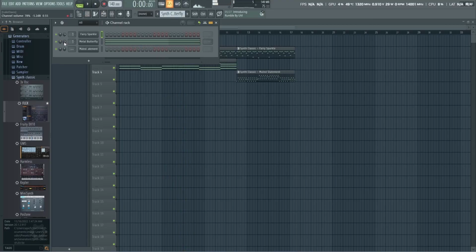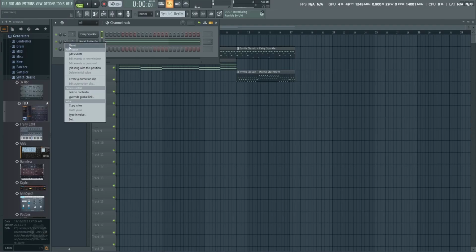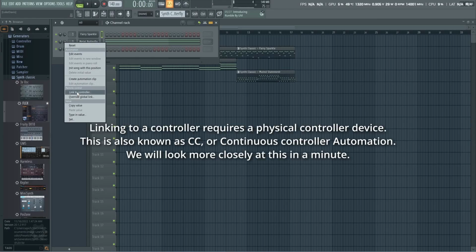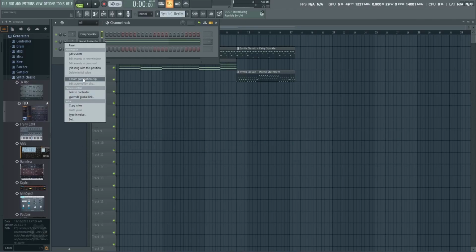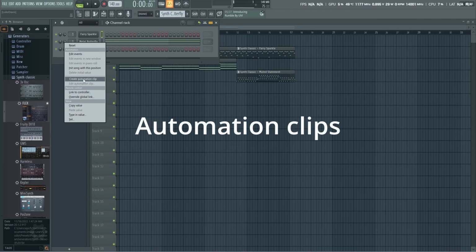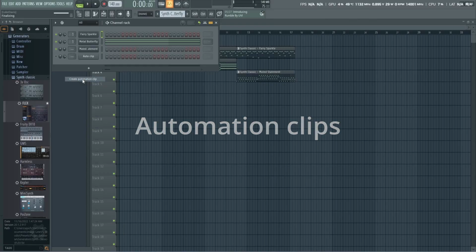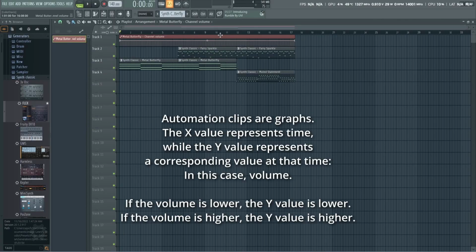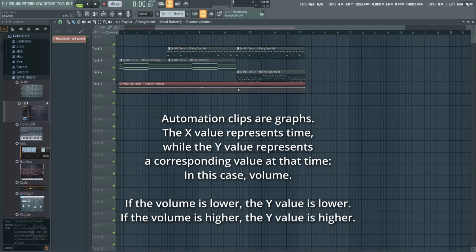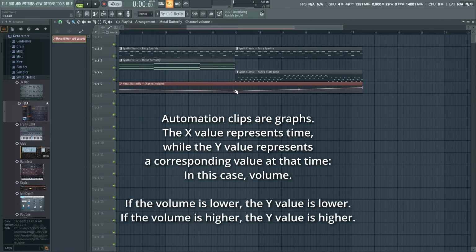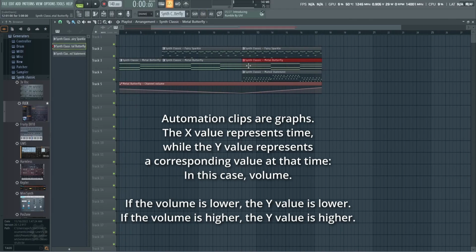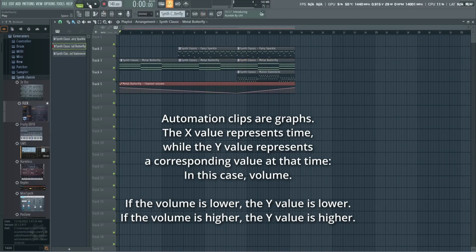Now, let's take the volume knob, and right-clicking that allows us to link it to a controller, so this would give you continuous control over the position of the volume at any point, or to create an automation clip. That's the first method I want to look at, creating an automation clip. By creating an automation clip for the volume, we can come into here and modify this by right-clicking to add a point, and then modifying what that point looks like, or where it appears. Then, throughout the course of the song,